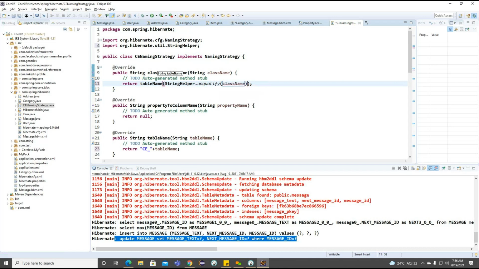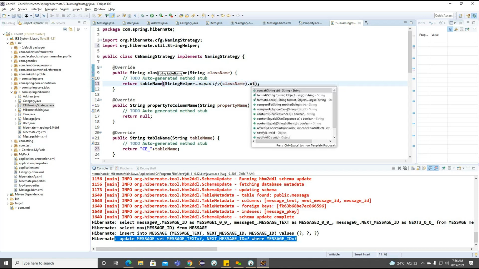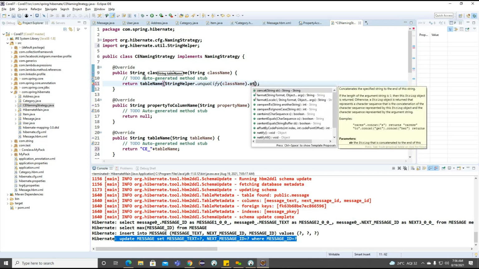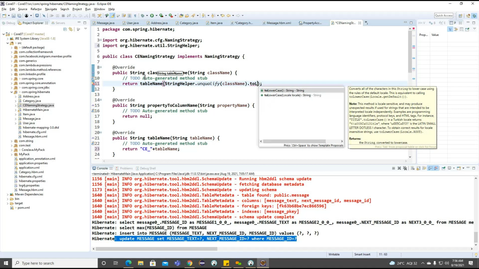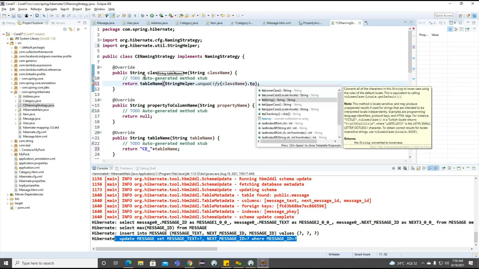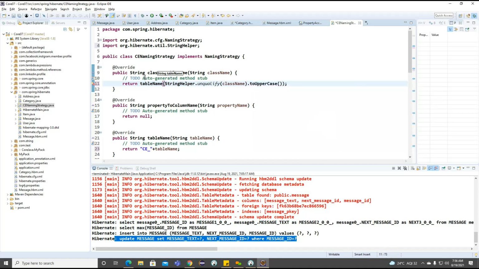After this, we'll work on toUpperCase. This is the way we can convert the table name into uppercase.